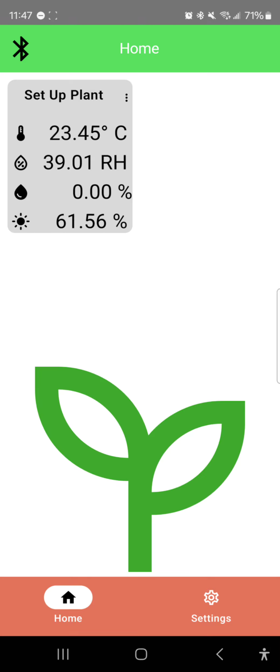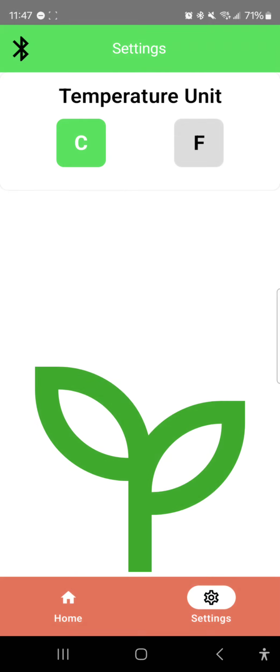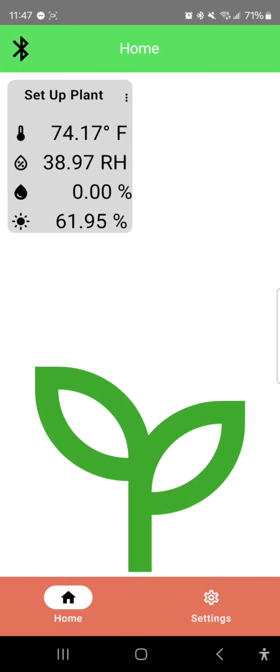And so if I put my finger over the light sensor, it should dim like that. A lot of light can still shine in, but if I take it off, it goes back. And like I said earlier, there's a setting, because I myself use Fahrenheit. If I want to switch it over to Fahrenheit, I hit Fahrenheit, go back here, and it goes right back to it. So I can see that it's in Fahrenheit. It's 74 degrees in here, and soil moisture still works. If I do this,